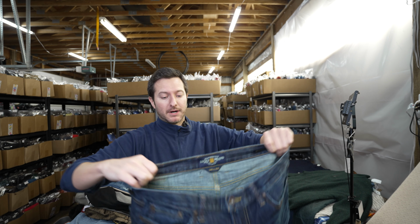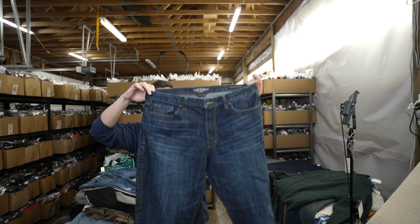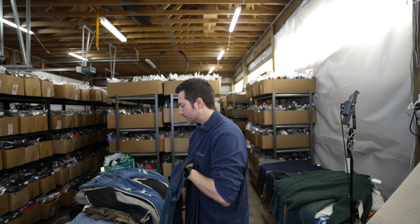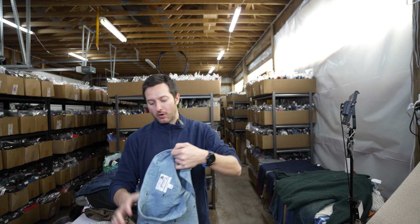This is a men's pair of Lucky Brand jeans. Really good size. This is the 361 vintage. So this will probably go for $30 to $35. So that was nice. And then we have a Bonobos 4XL